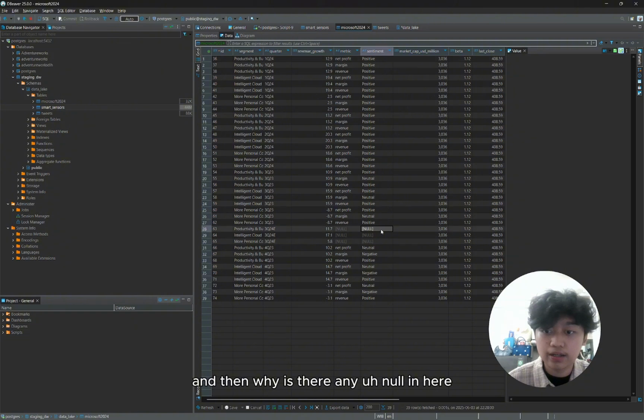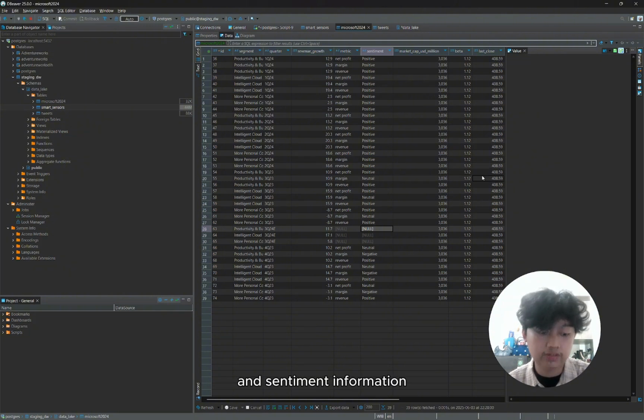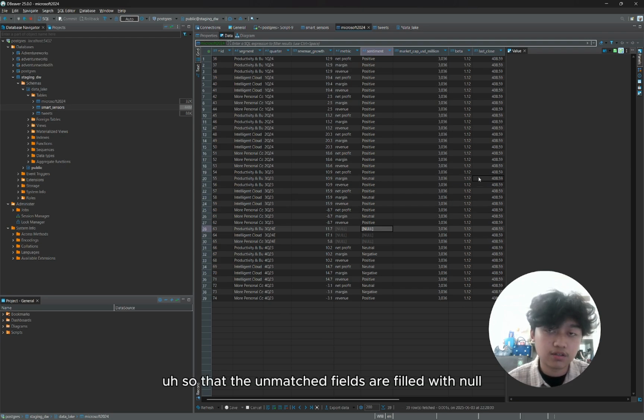And why are there nulls in here? There are several nulls. The main reason is that the null values appear because I use an outer join to combine revenue and sentiment data based on the quarter column. Since not every quarter has both revenue and sentiment information, the unmatched fields are filled with null to preserve all available data.